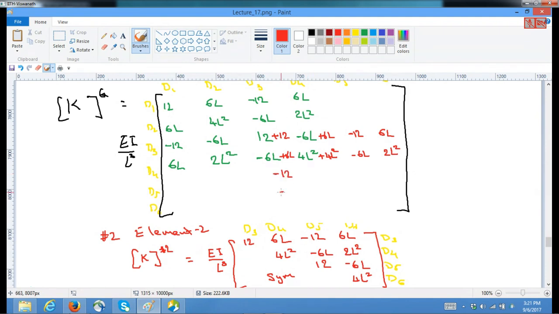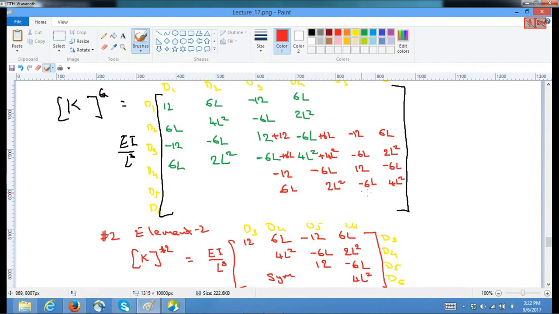This is plus 6L, and this one is minus 6L. This is 12. This is minus 6L. This would be like 2L square, minus 6L, and this one would be